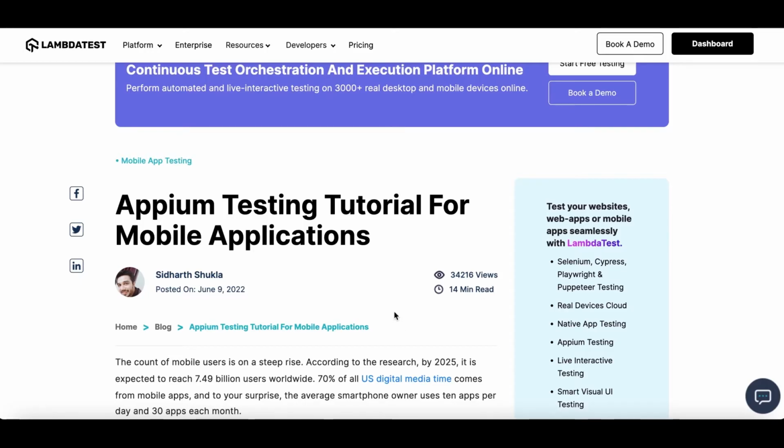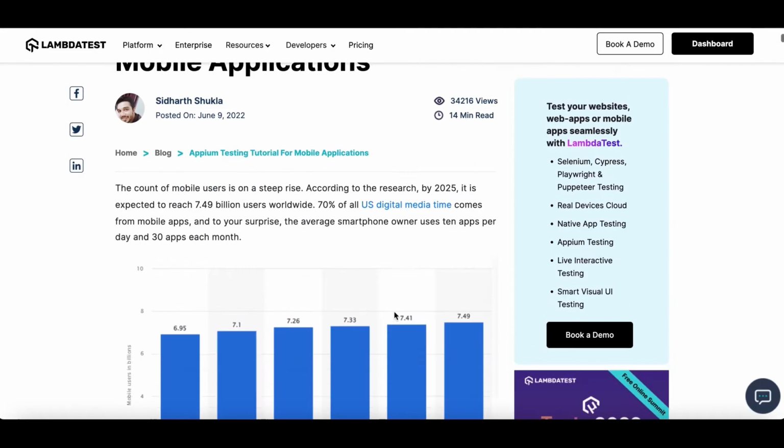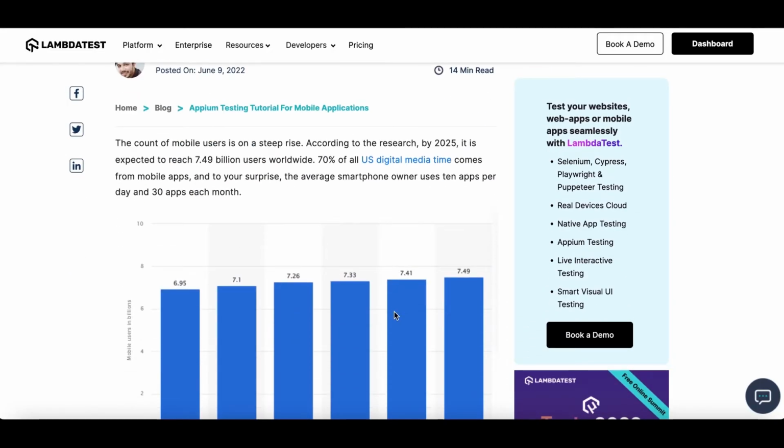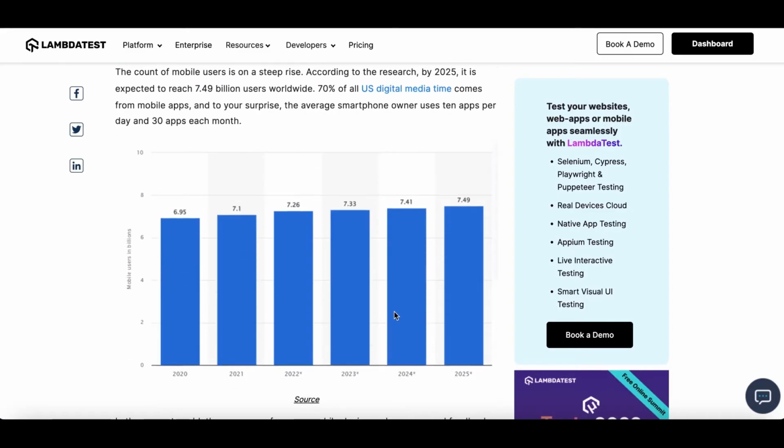Okay, so let's start. In the current world, we know that all the business owners, all the product owners, all the startups want to launch their application on mobile devices. When we talk about mobile devices, we are considering both Android and iOS devices. Whenever we want to launch on both platforms, Android and iOS, we need to make sure that the usability is of utmost quality, because if your quality is compromised, then your product will not